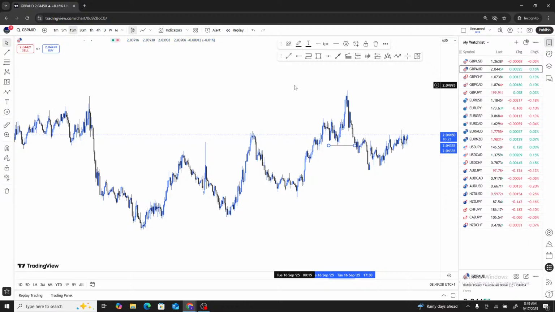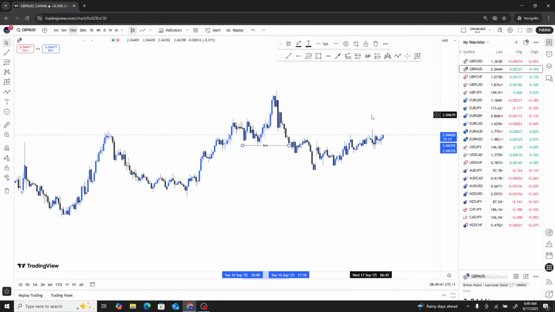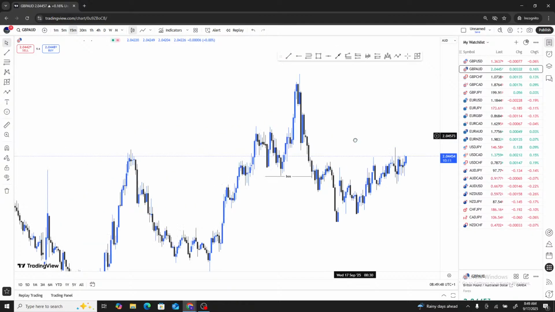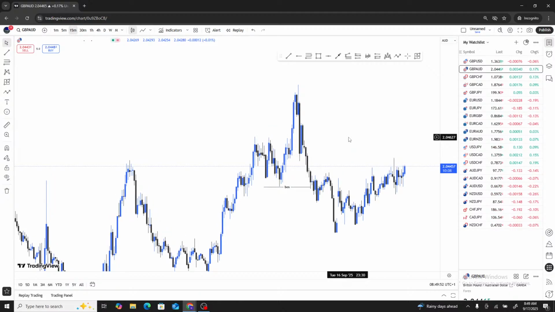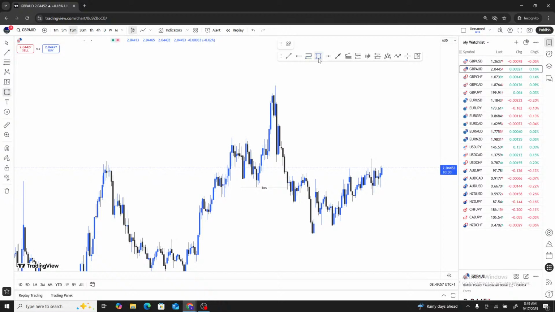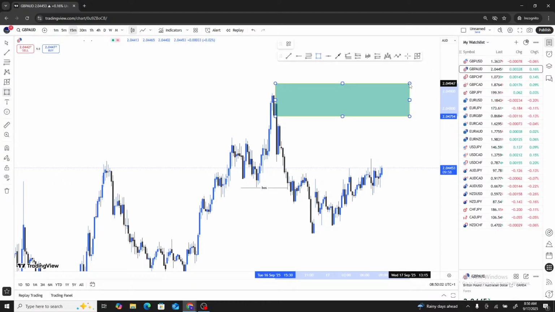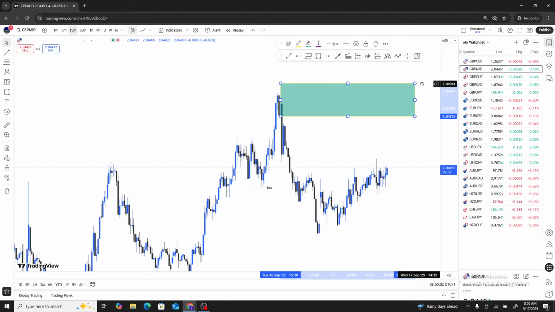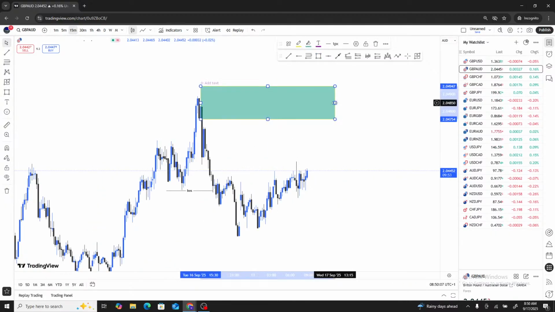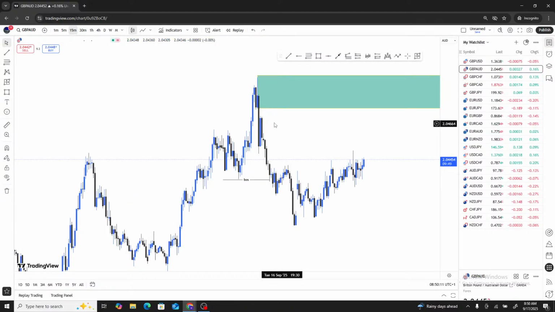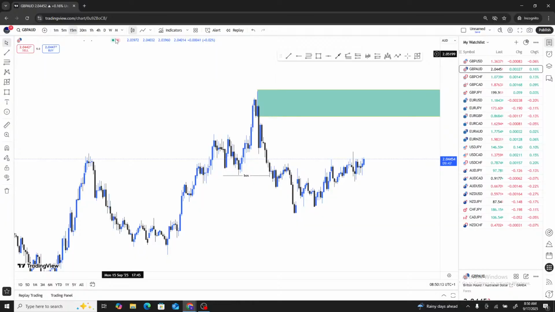So as you can see, this break of structure, what are we going to do? Immediately we spot our break of structure, the first thing we do is to mark out our other blocks. Look at our other block. Look at this other block. You see the other block? Very clean other block, because checking on higher time frames,